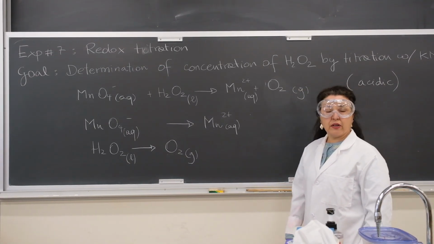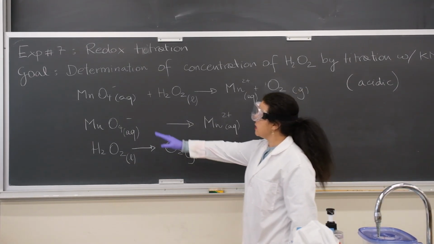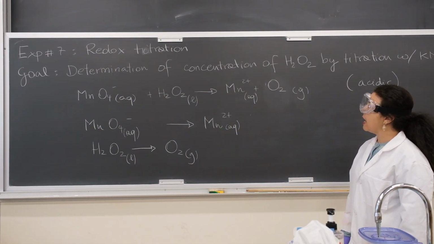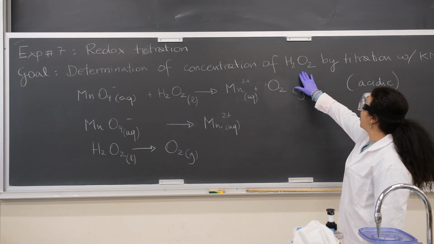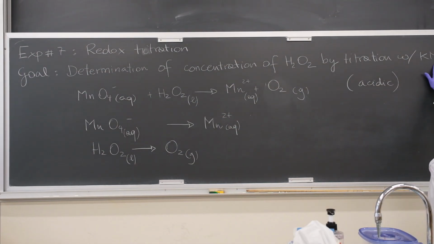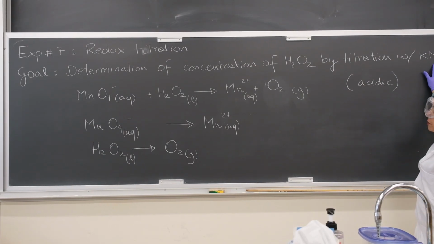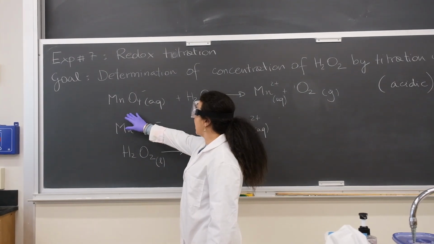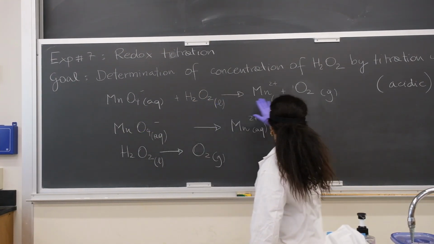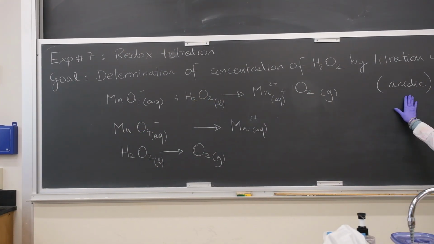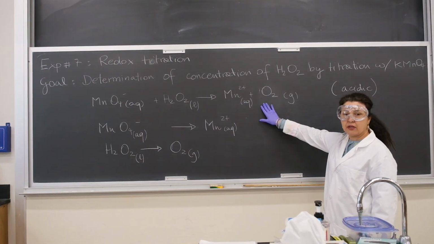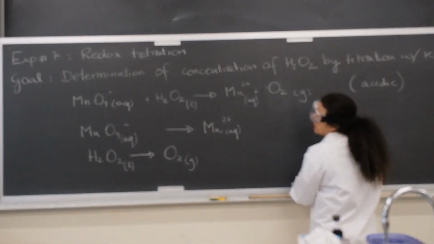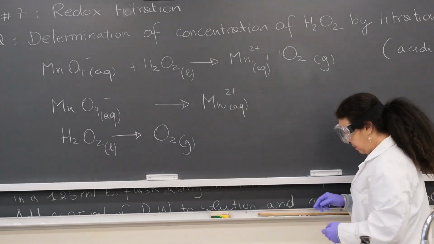Today we are working on redox titration, experiment 7. The goal of our lab is to titrate hydrogen peroxide with potassium permanganate solution, and the reaction that takes place is a redox reaction in acidic condition. This is the unbalanced reaction, so let's see how we balance it using the half reaction method that we